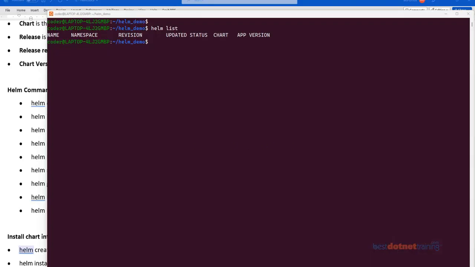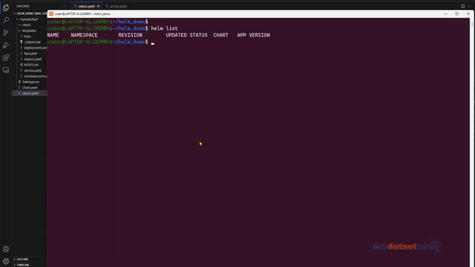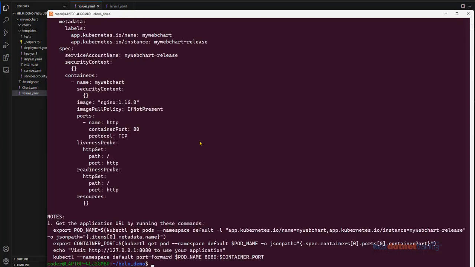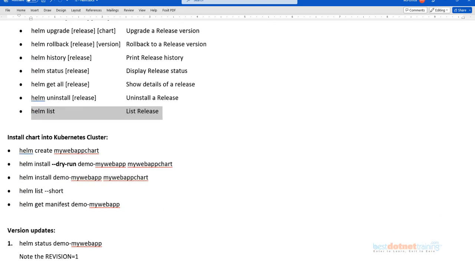So now that we know how the Helm structure was generated, and we saw how to run this command called dry run to verify whether everything is proper or not, simply go ahead and then deploy. And once you deploy, we can look at the other commands, how they'll be useful post deployment.